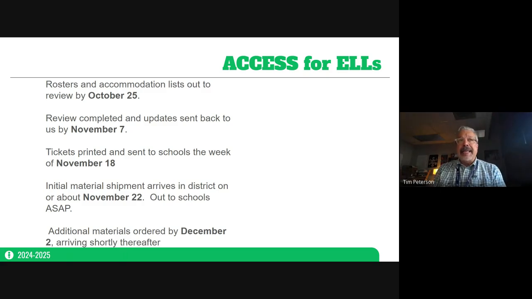If you need any materials, alternate access, etc., we'll get a few of those into the district shipment that comes in on the 22nd of November, right before the Friday before Thanksgiving week. If we have enough, we'll get them all out to everybody. But we'll definitely be ordering more materials once the window opens. So we'll get them ordered.